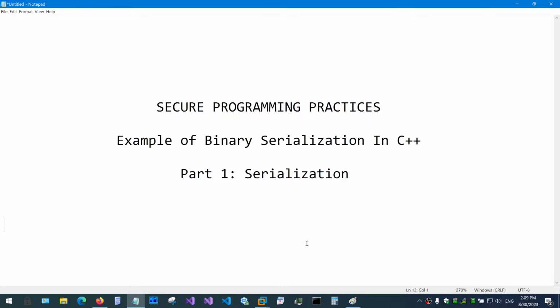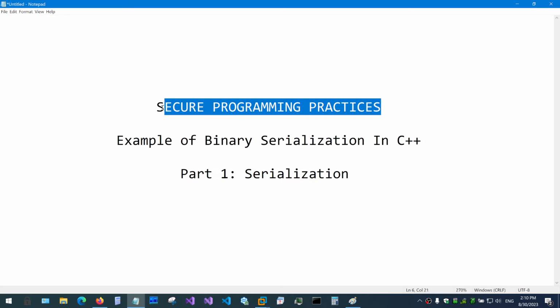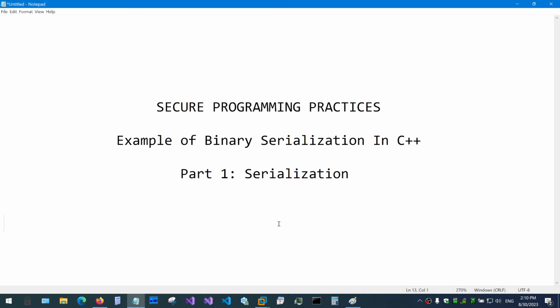So today I will code serialization and deserialization from scratch in C++, but this doesn't necessarily apply to C++ only. It can also apply to C# and other languages. But primarily I will cover the native world, or compiled serialization. And we'll do it in two parts, because this will probably be a long coding tutorial. My main goal here is to show secure practices when you are doing